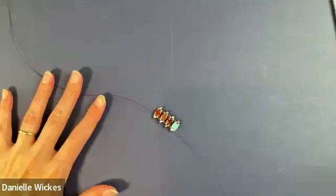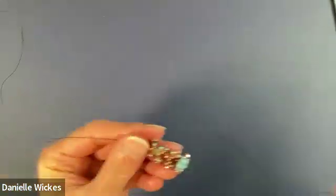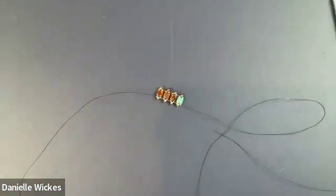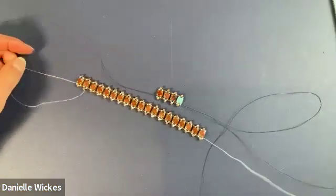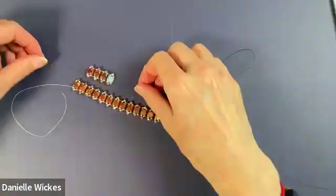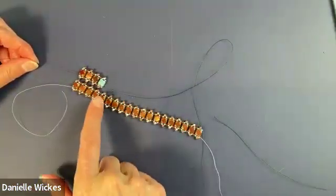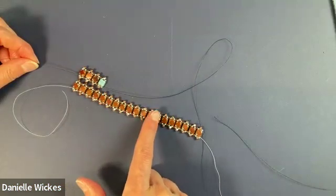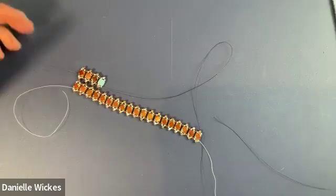Once you've got that flow, if everyone's okay with seeing the jump ahead, just go to the length that you'd like, knowing that you can add length with a clasp. And it looks like I did how many repeats here? There's 4, 5, 6, 7, 8, 9, 10, 13, 14, 15, 16, 17, 18. I did 19, looks like, which gives you